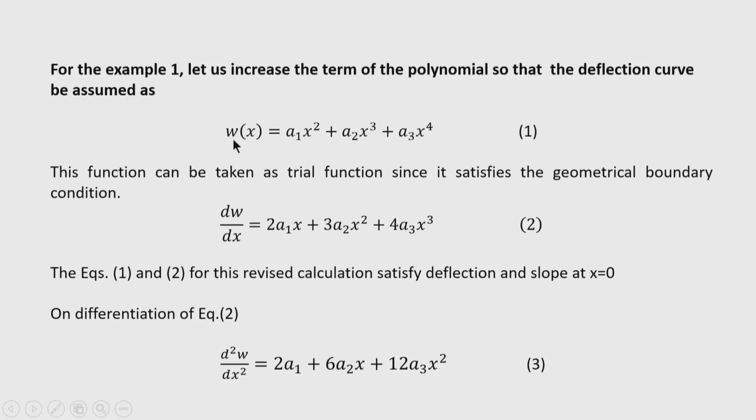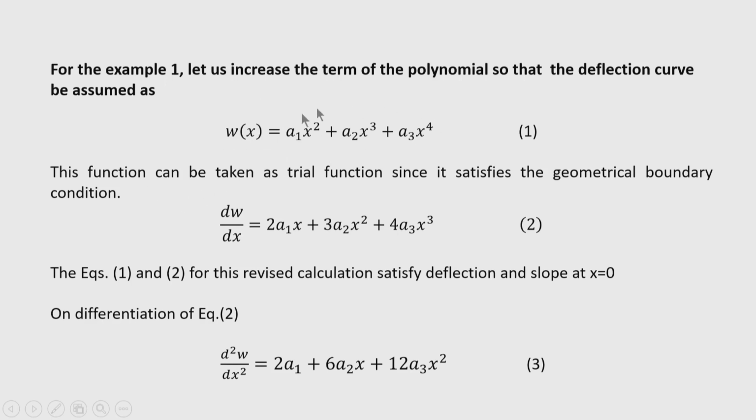First, let us see whether accuracy is increased by using one more term in the deflection series. So, if I add another term A 3 x to the power 4 in the previous deflected expression, this is also an admissible function because it satisfies the boundary condition at the fixed end. Force boundary condition, we are not sure whether it will satisfy or not.